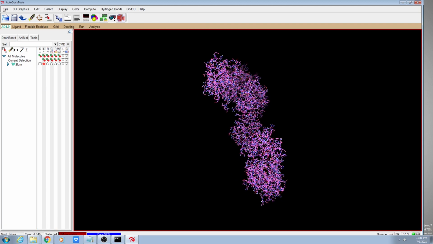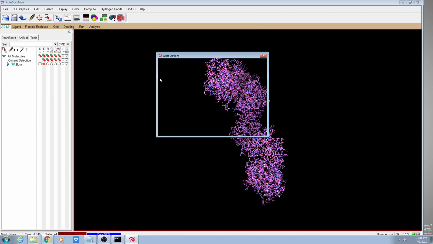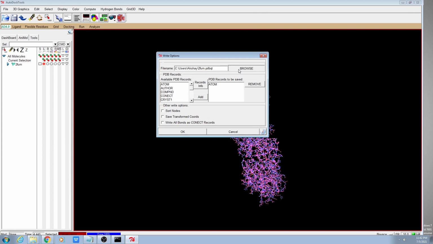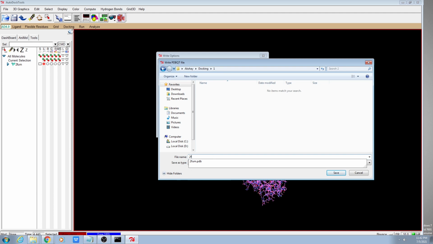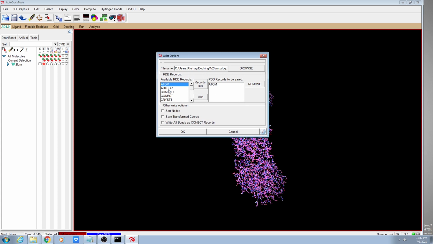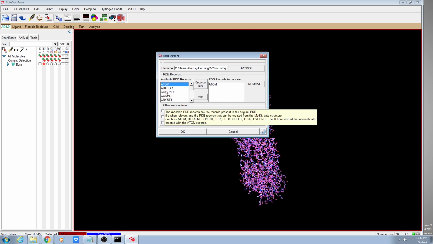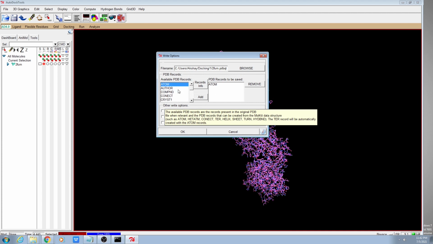Done. Now we go to File, Save, Write PDBQT. We go to our folder. We are doing docking for the first file, so select the first, write 2fum.pdbqt, and then save. Now select atoms